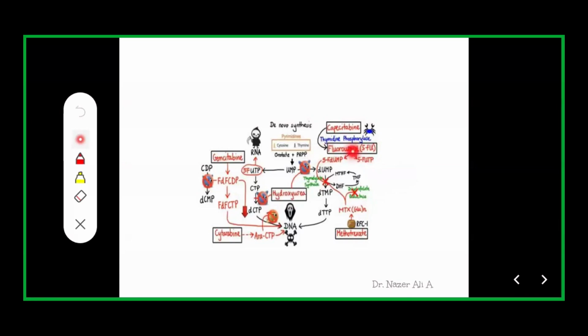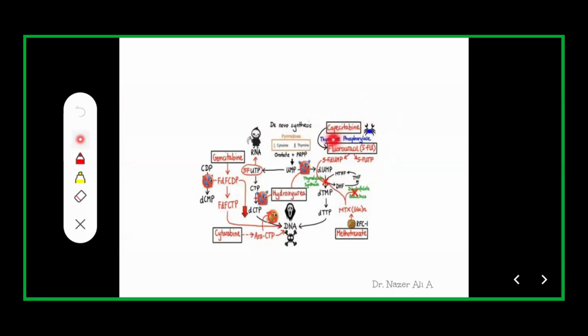Now, the thymidine phosphorylase enzyme acts here. Capecitabine is an oral prodrug, which will be converted to its active form 5-fluorouracil. This phosphorylase enzyme happens to be highly concentrated, primarily in the tumor tissue. That's why capecitabine has greater selectivity and toxicity in tumors than 5-fluorouracil, because this enzyme is highly concentrated in the tumor tissues.